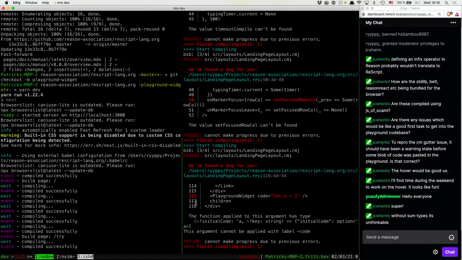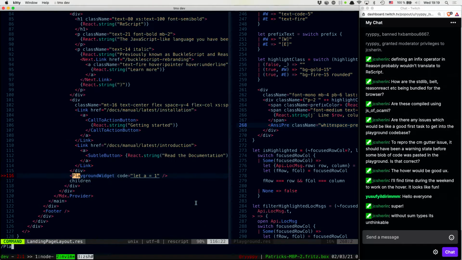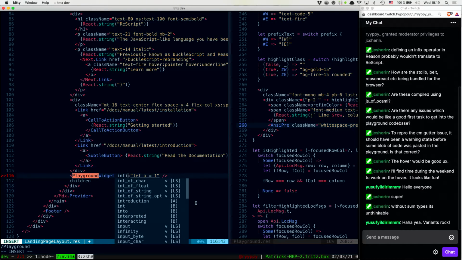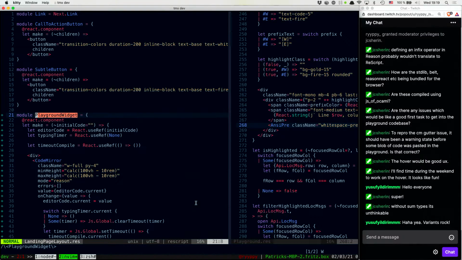Okay, so playground widget code, the function is, oh yeah. So now we have a mismatch here, because this is called initial code. Yeah, other than that, I mean, TypeScript